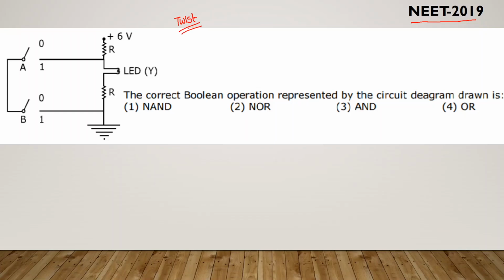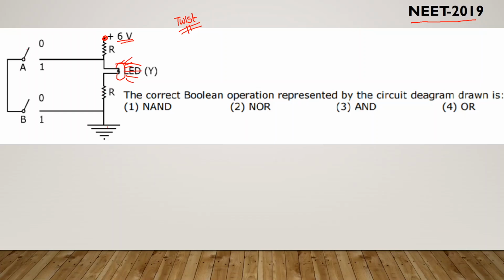He has now just included a different type of problem in the logic gate. But again, if you know the truth tables and the working of logic gates, you can easily solve this. See here, voltage is applied. How much voltage? 6 volt is applied. This is an LED bulb. Whenever voltage is applied, it will be lighting up, emitting light. And this is grounded. These are gates.